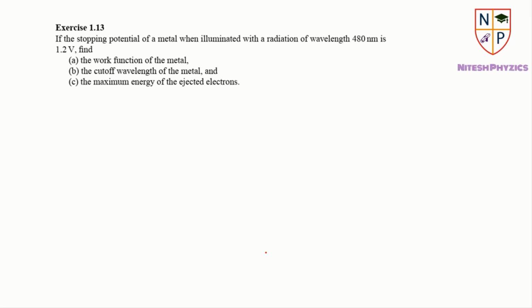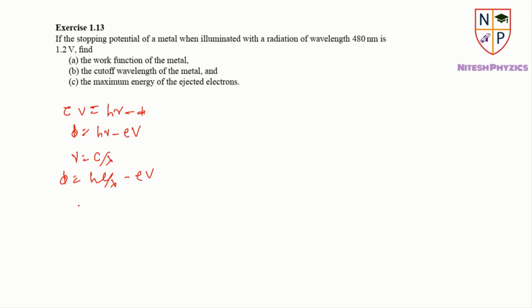So we know that the stopping potential V is the electric potential needed to stop electrons that are ejected from a metal surface. From there we also know the equation eV is equal to h nu minus phi, where V is the applied potential. So now the value of phi will be h nu minus eV. The frequency of the photon related to wavelength is nu equal to c by lambda. So phi will be hc by lambda minus eV.